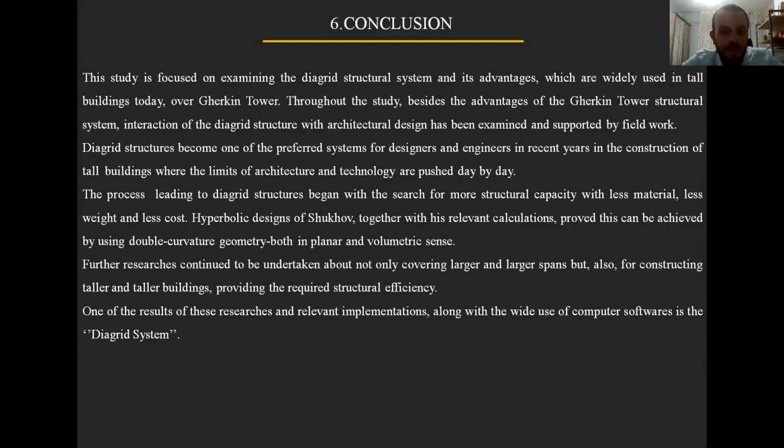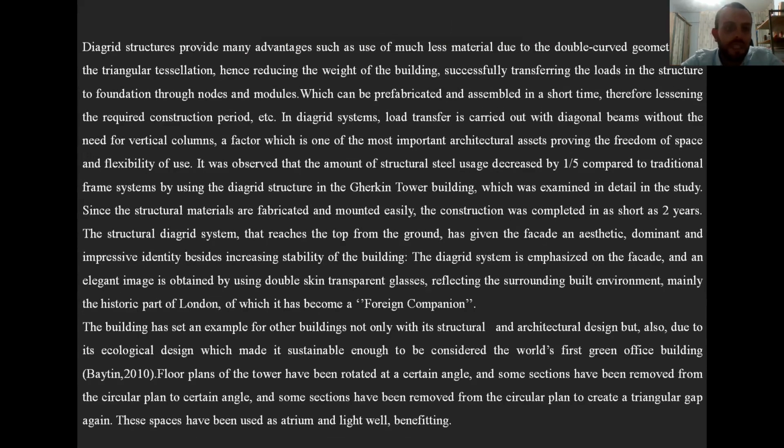One of the results of these researches and relevant implementations, along with the wide use of computer software, is the Diagrid system. Diagrid structures provide many advantages, such as the use of much less material due to the double curved geometry and triangular tessellation, hence reducing the weight of the building, successfully transferring the loads in the structure to the foundation, and nodes and modules which can be prefabricated and assembled in a short time, therefore lessening the required construction period,